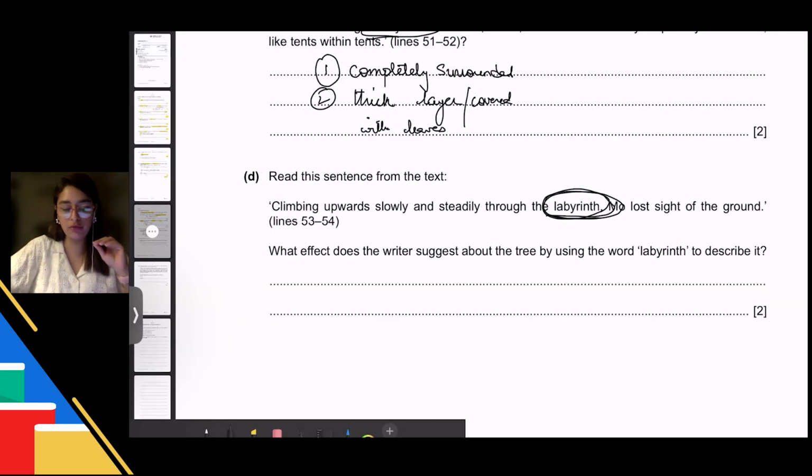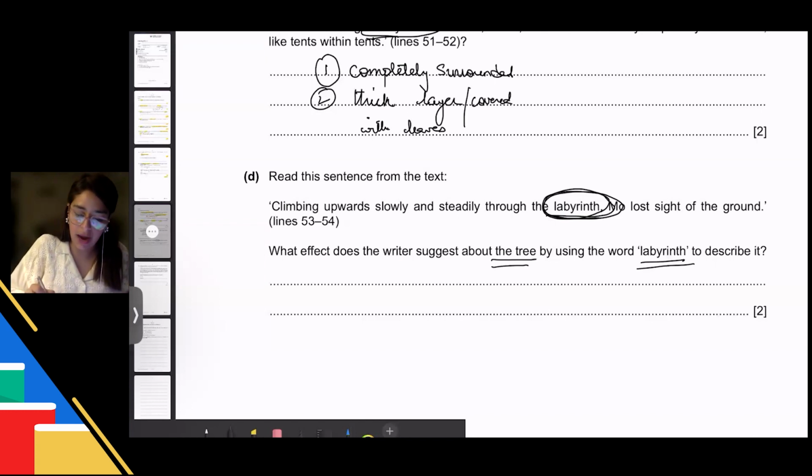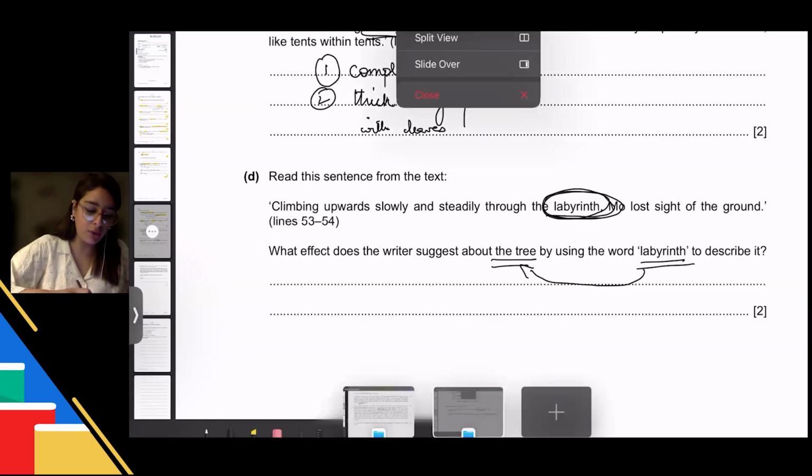The first thing that we need to do is read the statement, climbing upward slowly and steadily through the labyrinth, Mo lost sight of the ground. They're asking me to highlight what effect the writer suggests about the tree by using this word. So this word is creating some impact about the tree itself. How does this word describe the tree? That's what the question says. Now, I don't know what the word labyrinth means. What do I do? I go back to the passage